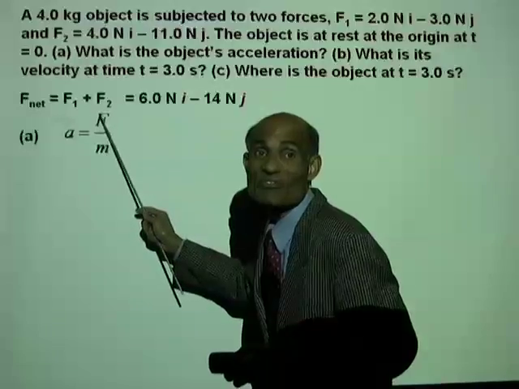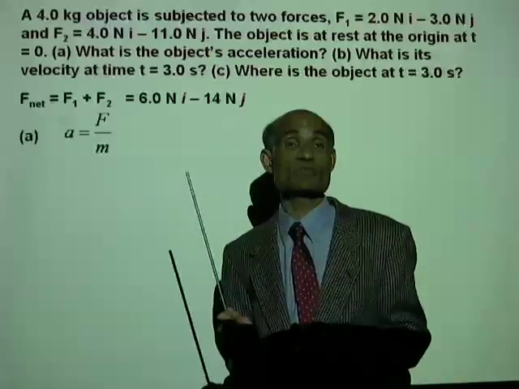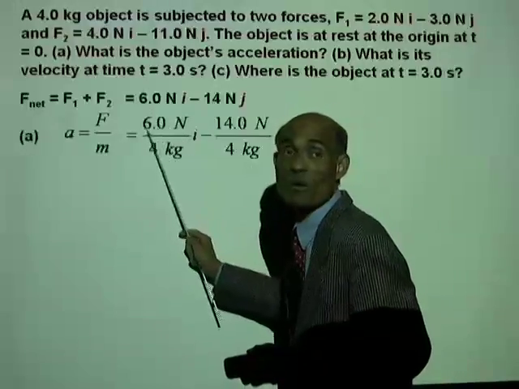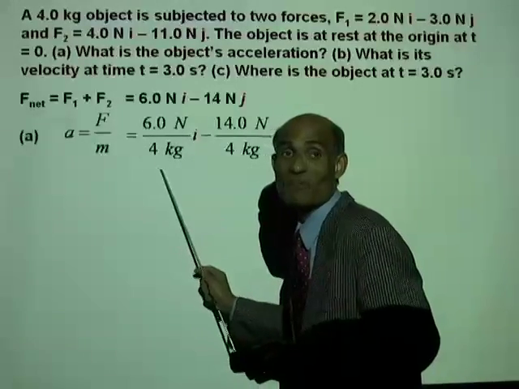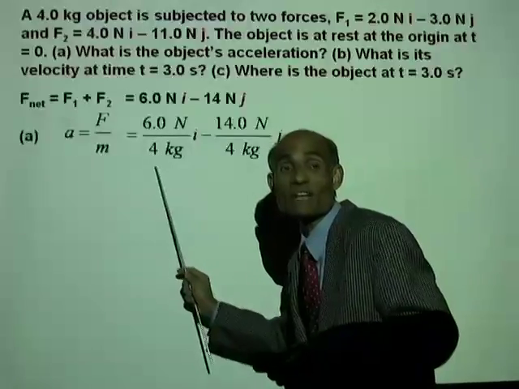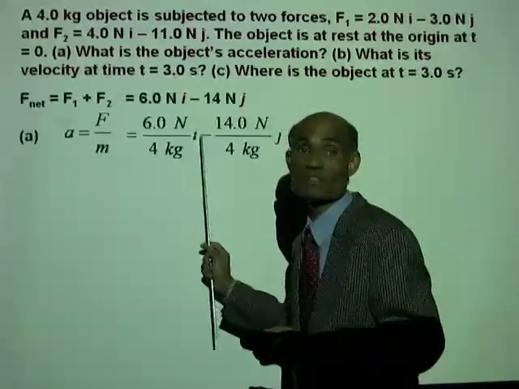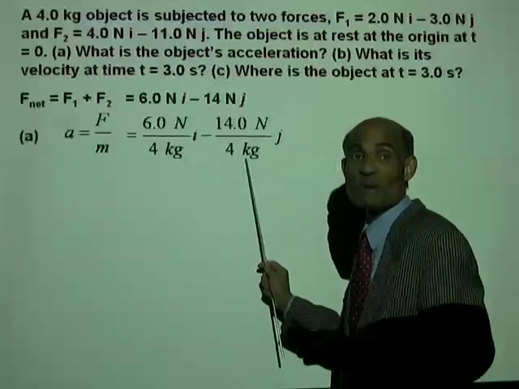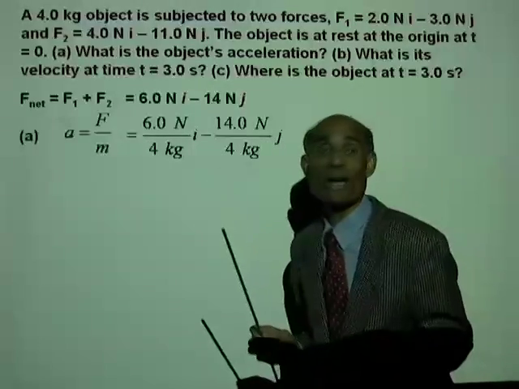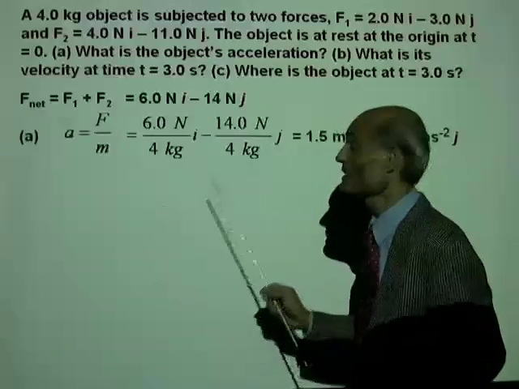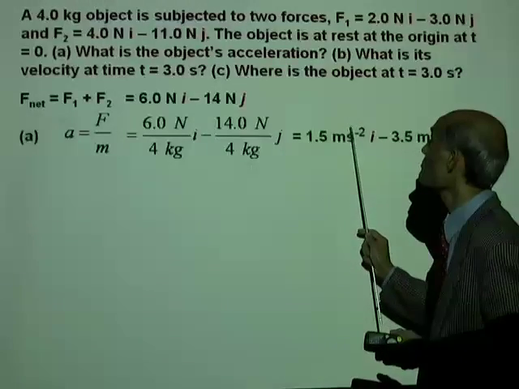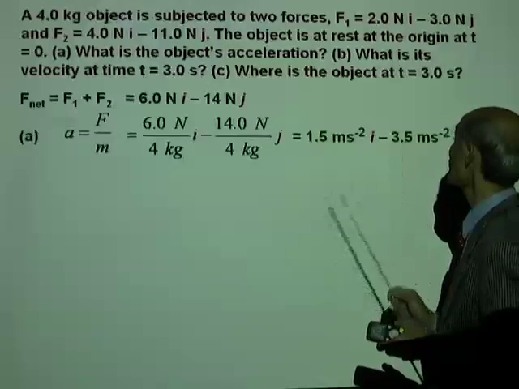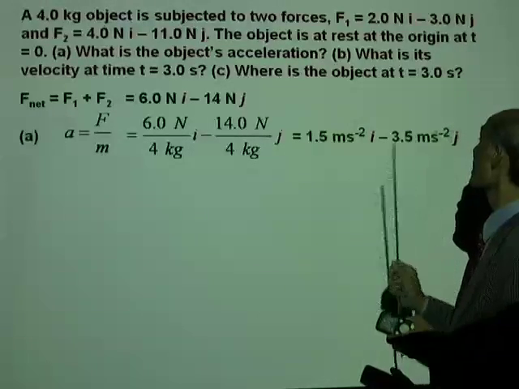Acceleration is the net force divided by the mass. We can do that now quickly. You know how to do that. That is x component of the force divided by the mass gives you the x component of the acceleration, and the y component of the force divided by the mass gives you the y component of the acceleration. That will be 1.5 meter per second squared in the x direction minus 3.5 meter per second squared in the